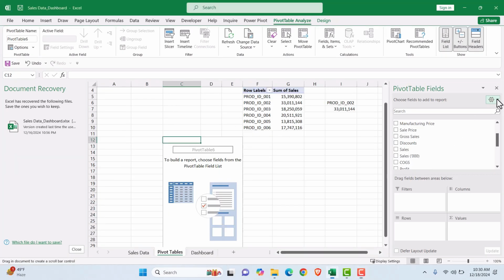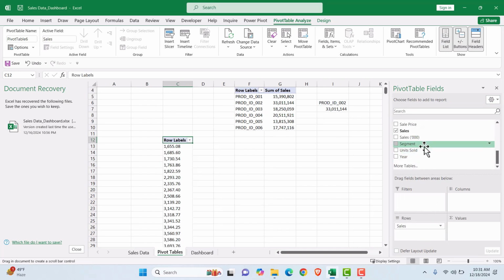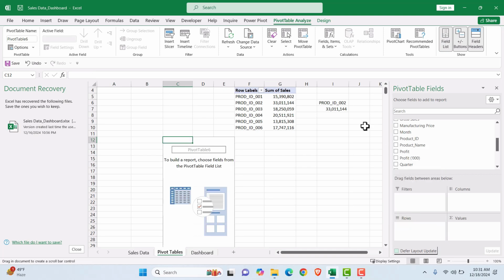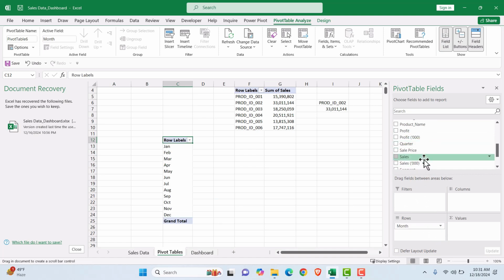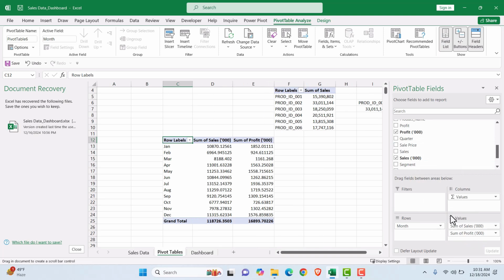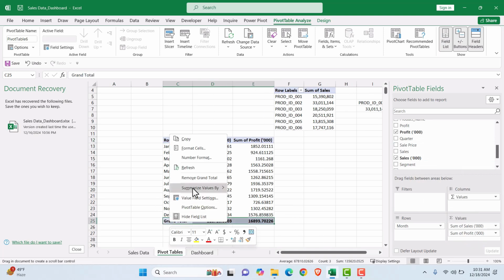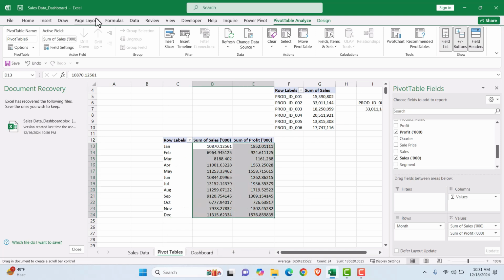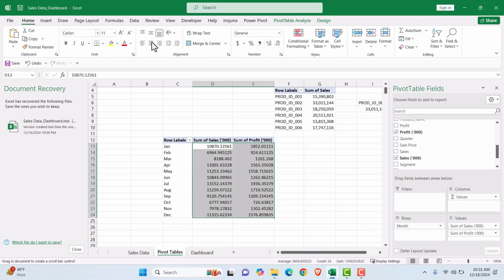So next up, first I will just sort these values. I want to find the sales and profit by month. So I will drag the month into the rows quadrant, and then the sales into the values and profit to the values quadrant. Okay, now what I have to do next, I will just remove this grand total. I also have to do some formatting. So I will go to this home tab, and I will click on this, and I will remove the decimals,